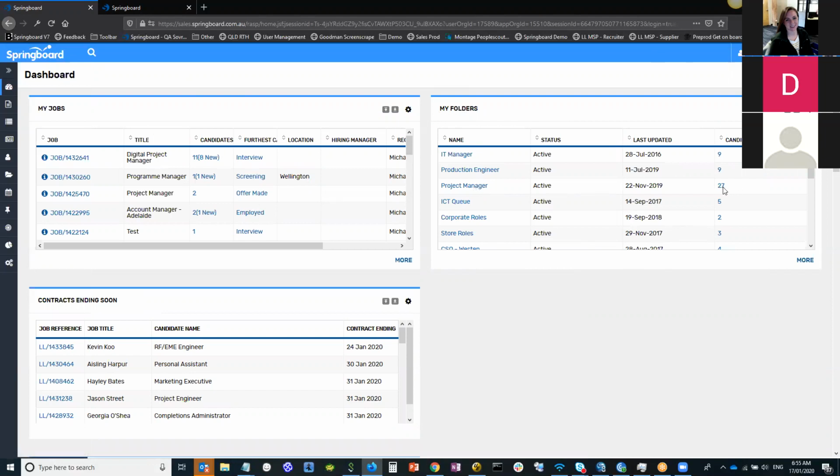But in this scenario, we are pipelining candidates that are interested in a project management position, but may not have necessarily applied for an active job. They're just a list of project managers that I know of, that I actively communicate with, so that when a project management position comes available, I can reach out to my project managers that I know of, see if they're interested in applying, and hopefully convert them to a candidate that has applied to a specific opportunity, such as this one over here that's an active project management job. So if I click into my folder,